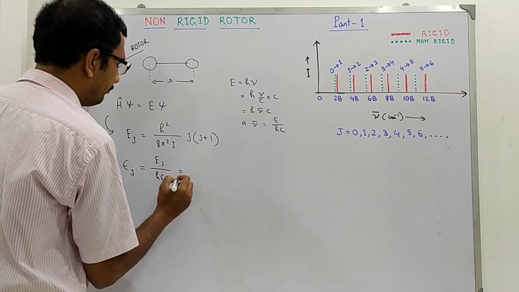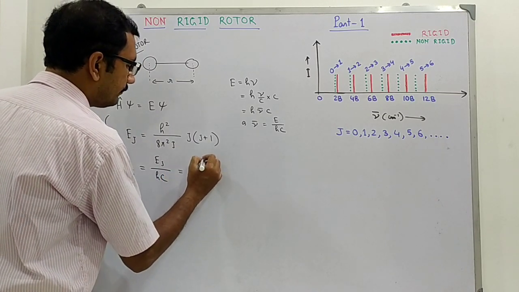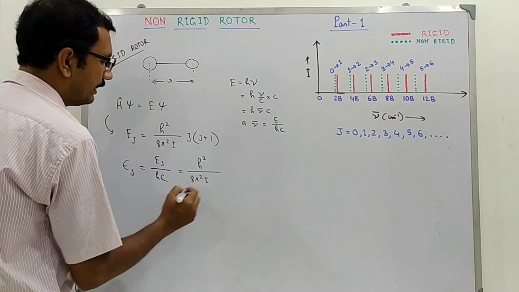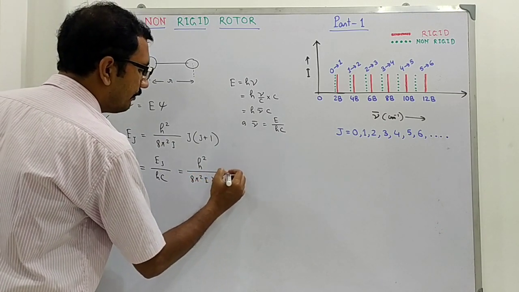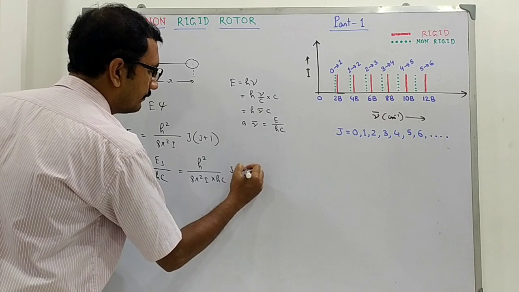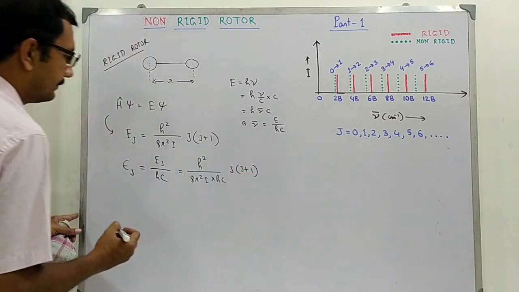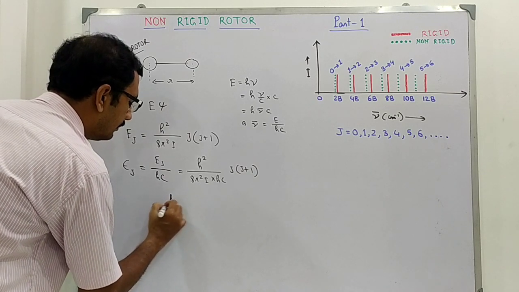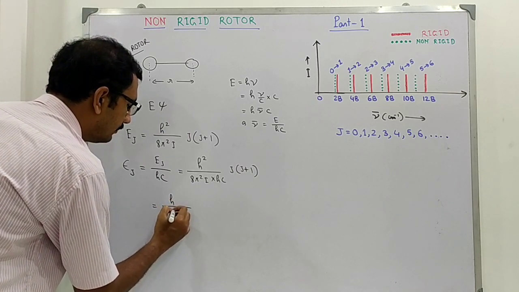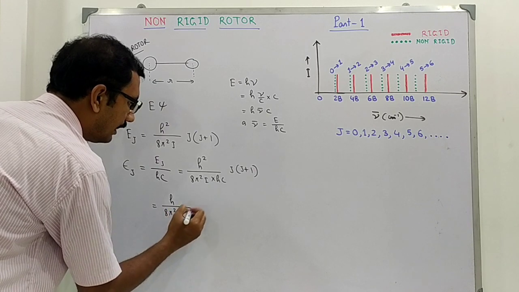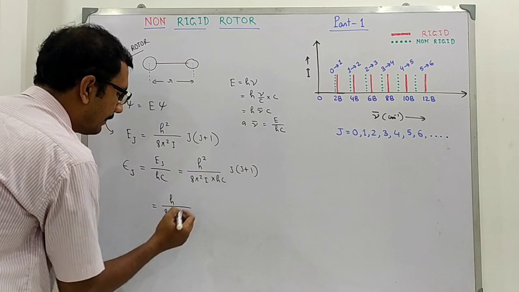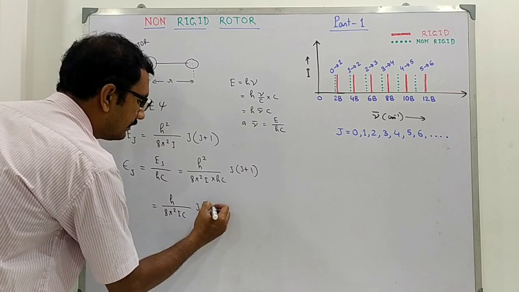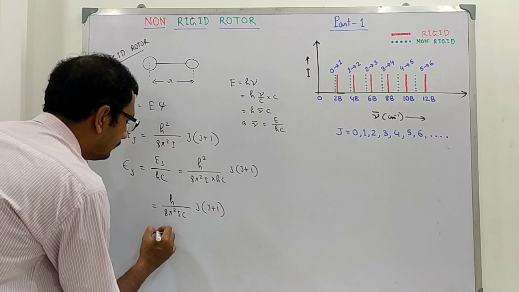When we put the formula, we get h square upon 8 pi square I into hc, j into j plus 1, equals h upon 8 pi square I c. This h will cancel, so it will be h upon 8 pi square I c, j into j plus 1, and